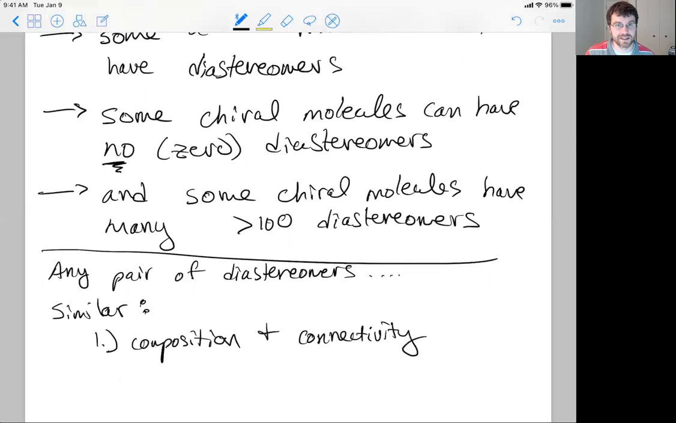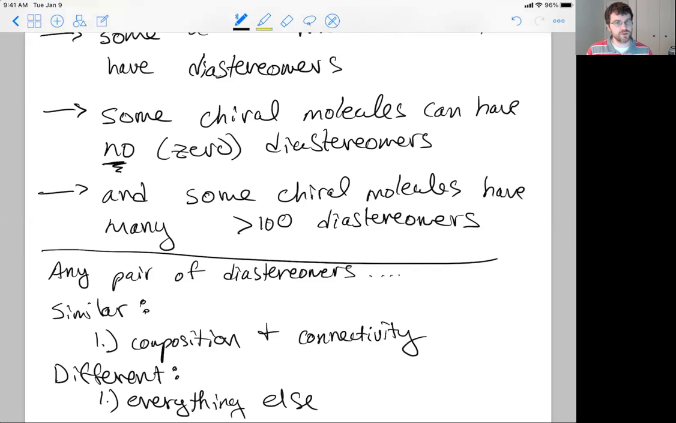Composition and connectivity. Well, that's just isomers, right? Composition means the same number of elements. And in connectivity, if they differed in connectivity, they would be constitutional isomers. And we said these are stereoisomers, so it's just the three-dimensional arrangement, not due to carbon-carbon single bond rotation. How they're different, it turns out, is everything else. In every other way,